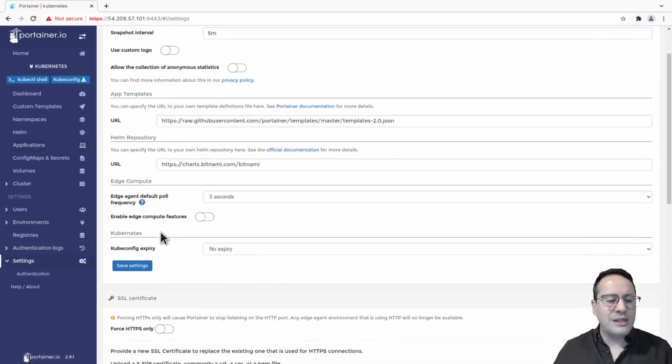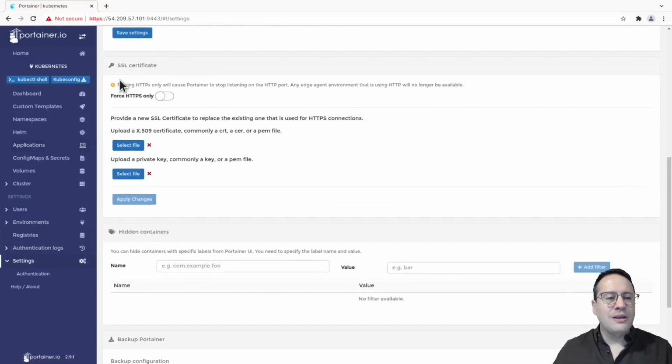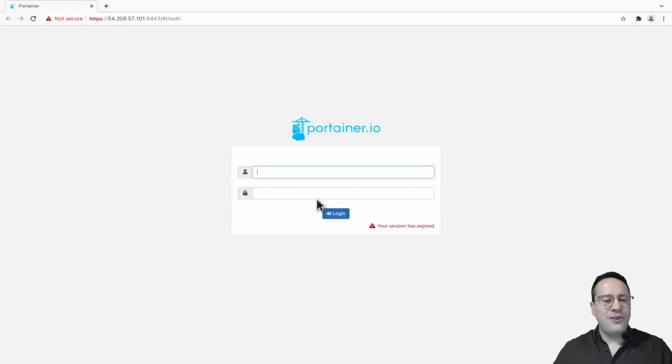Okay, Portainer HTTPS support, another interesting feature. So now in settings, you can determine that you will force access to Portainer via HTTPS only. And if you have your own certificate, you can load these certificates into Portainer. This will ensure that you always have a secure access. And not only that, this feature is the one that will